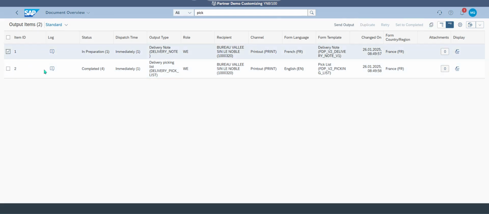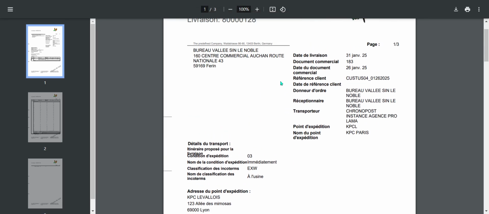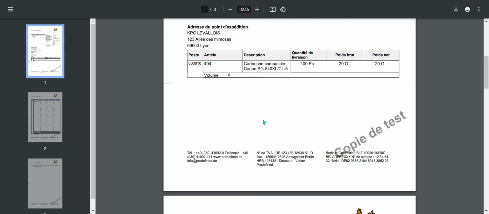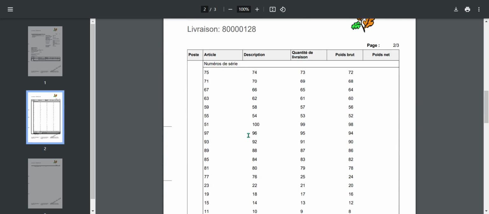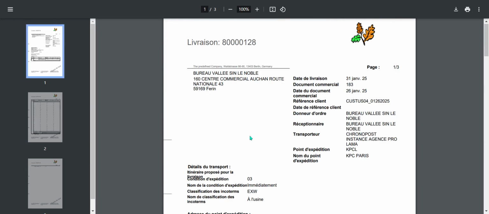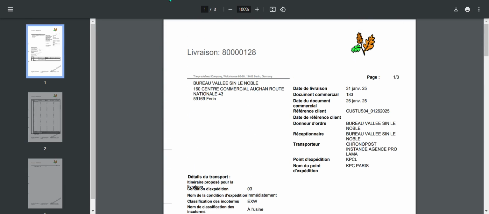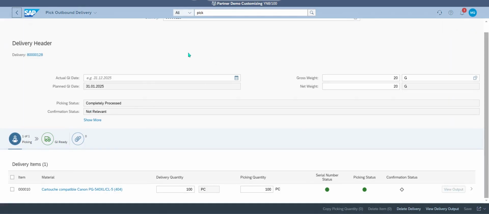the next I show you is the outbound delivery. I display this information again. That is outbound. So right now I see different information. This information is now in French because my customer has French as the default language. So you have the information. In particular, you also have all the information about the serial numbers used and sent to my customer. So if I go back to my sales order, outbound delivery, if everything right now is